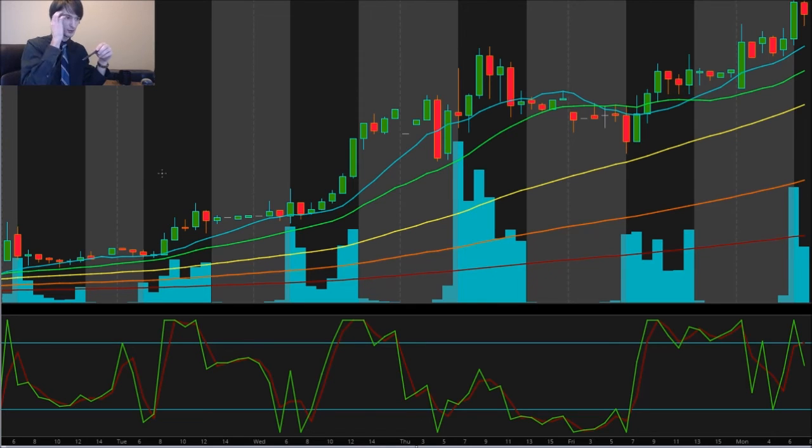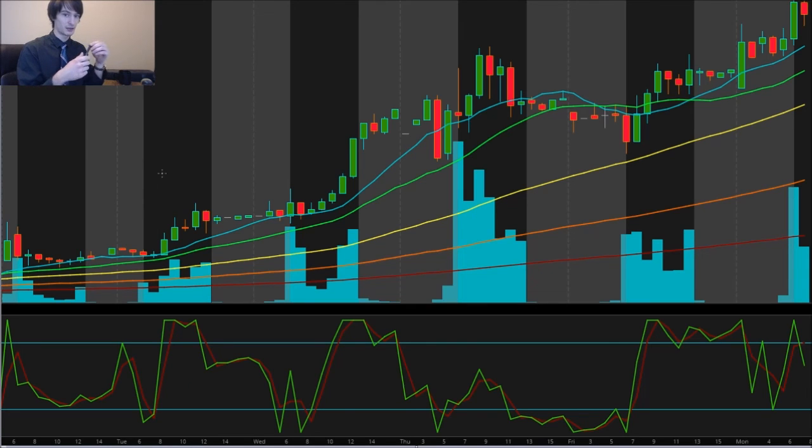So for example, if it's starting to become overbought on the 1 minute chart, you might see an increase in price. But if it's oversold on the 1 day chart and the overall trend is down, sure, on an intraday level, it might go overbought and you might see a little spike up, but it probably won't be a run or anything like that because the overall trend is still down. So basically keep in mind that the RSI on the shorter time frames will show you an intraday level of what the price action may be,